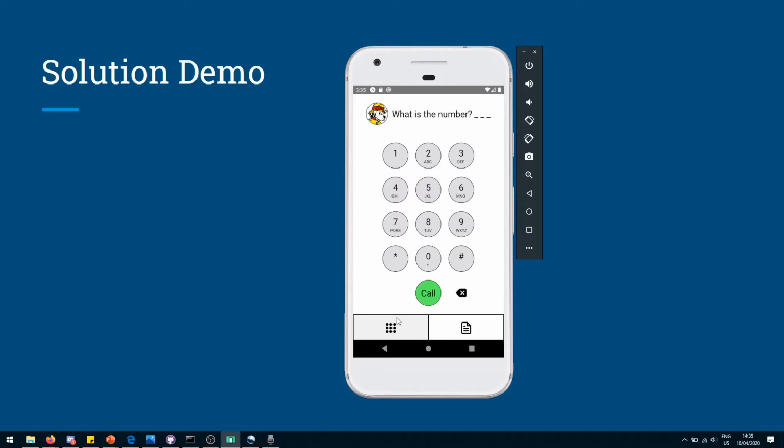The bottom nav bar uses the enclosing principle to show the connected buttons for navigation, and the icons signify the call screen with the dial pad and the script screen with the notes, and they afford clicking. The slight highlight is also a signifier for which screen is currently selected and helps show the state of the system to the user. The call screen allows the user to type in any number,